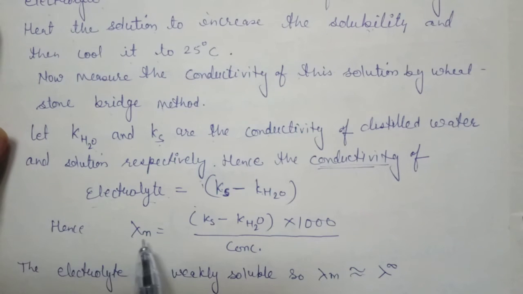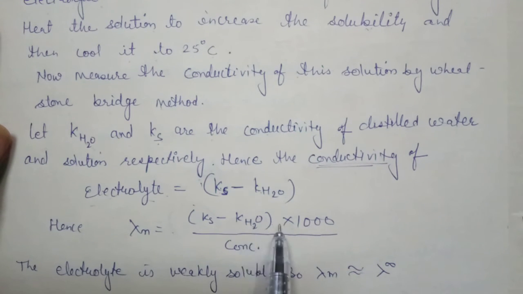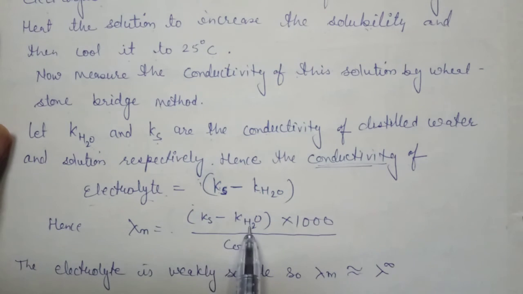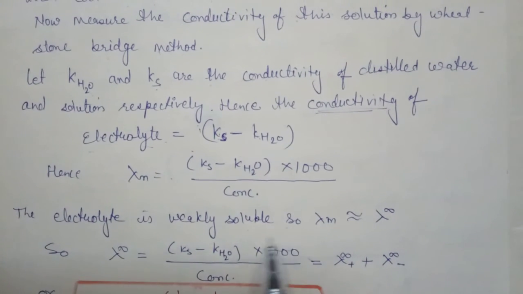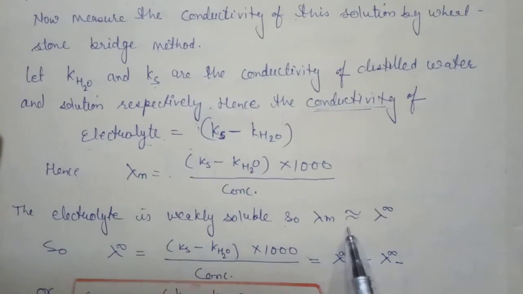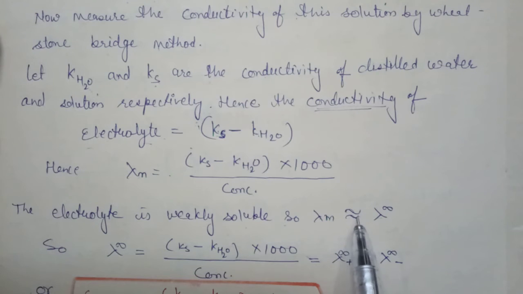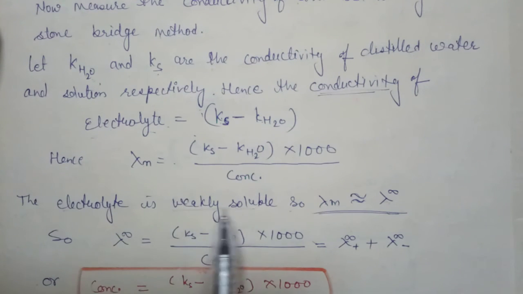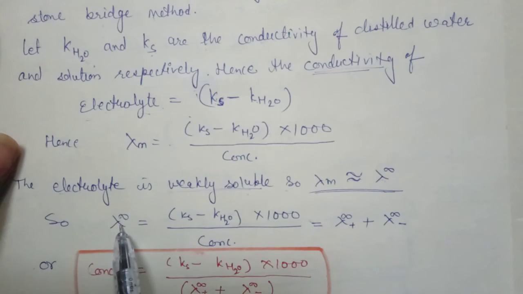According to the formula, molar conductivity is equal to conductivity into 1000 upon concentration, and the conductivity of the electrolyte is kappa S minus kappa H2O. But the electrolyte is weakly soluble, so λm is almost equal to λ∞. Why? Because the electrolyte is weakly soluble. So by substituting λm by λ∞, that will be equal to (kappa S minus kappa H2O) into 1000 upon concentration,